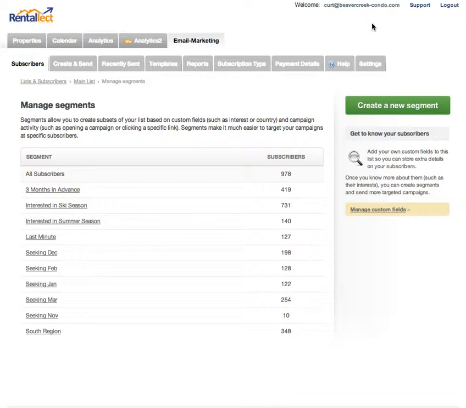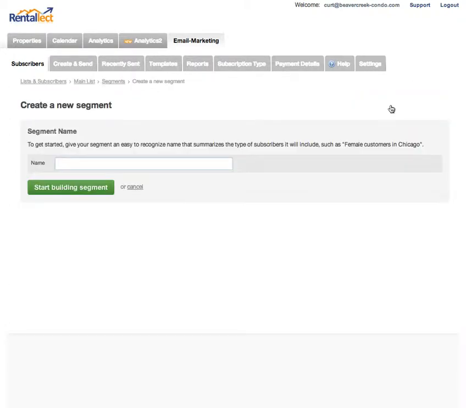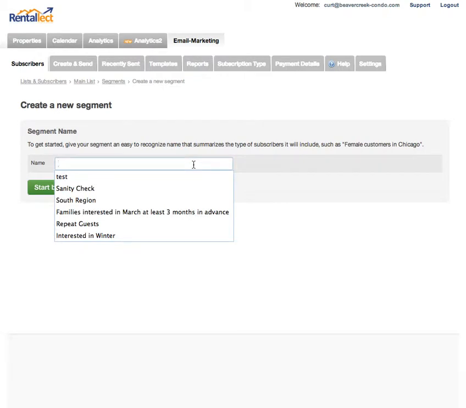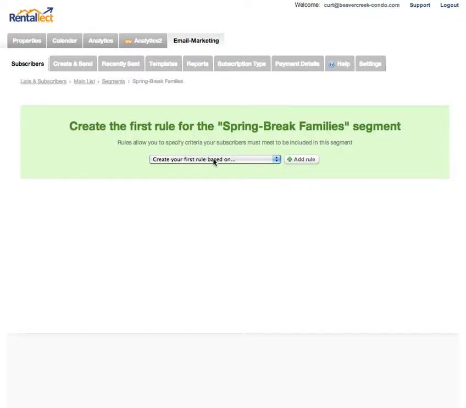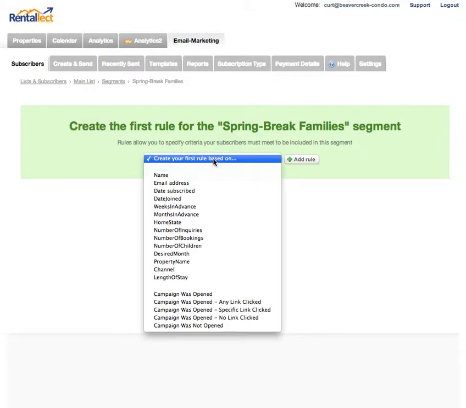As you can see on the screen, we've already drilled into the email marketing area within Rentellect. We're looking at the Manage Segments area of our main list. So to create a new segment, click the green button and let's give it a name called Spring Break Families. Start building that. Our first rule, since we're talking about families,